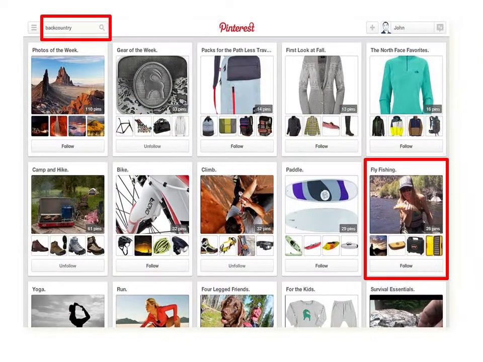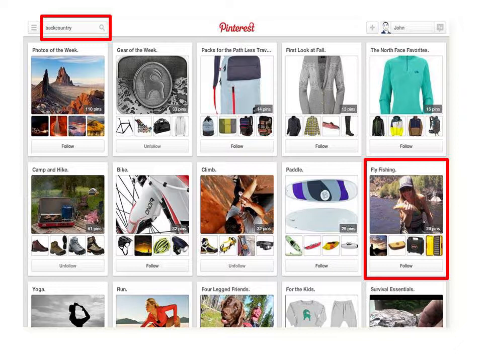Pinners can also easily ask questions like, what gear do we need for our adventure, and find products curated by interest. So if I decided that I want to make a brand query for my favorite outdoor gear retailer like backcountry.com, it results in boards that are aligned to interests. Rather than listed just by product name, they're interests like fly fishing. And of course, we can expect in that board to have all the gear and the gear photos that are